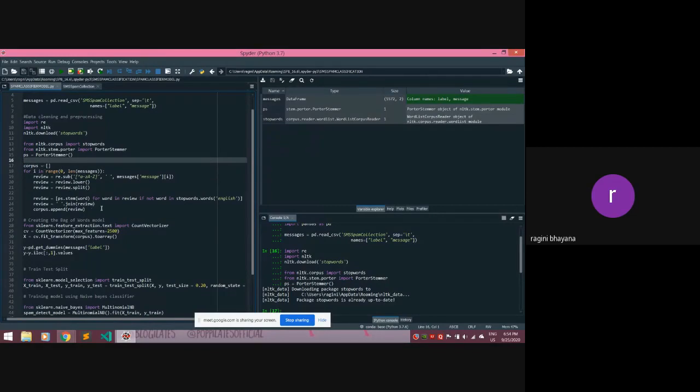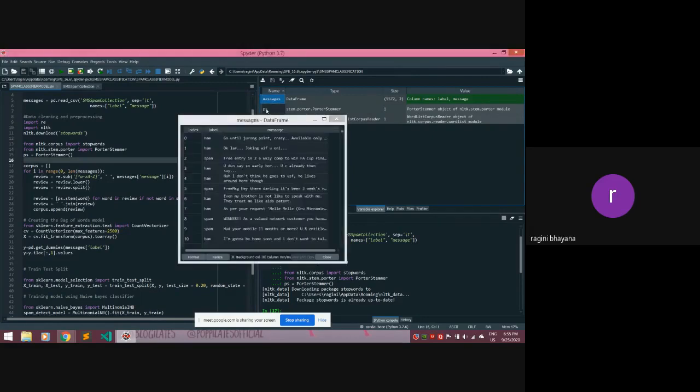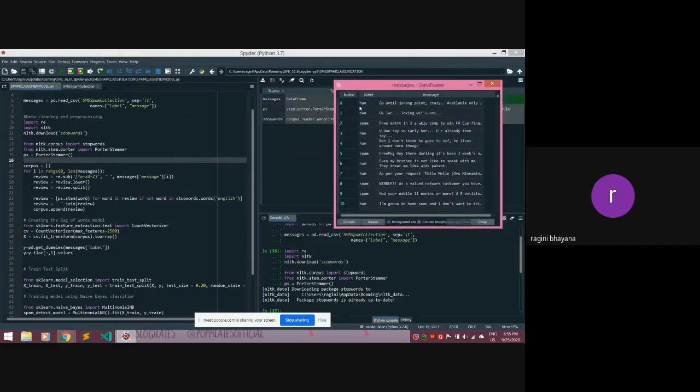So what this code is doing is, we are running a for loop from i in range 0 to the length of messages. So in the messages data frame, for every message, we have i. I will be iterating through the messages. When i is 1, we'll be at this message, or when i is 2, we'll be at the second message.